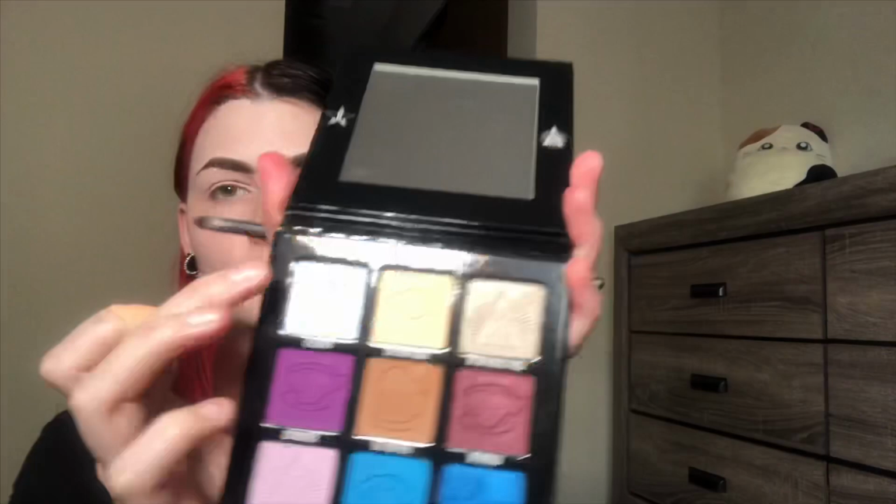Alright, here's the second look with the Mini Controversy. I'm going into the shade Flat Earth, and I'm going to be putting that all over my brow bone down to my crease. It is a very, very pale blue, almost gray shade. This didn't have too much pigment on it, so you can see that I'm going to be layering this up